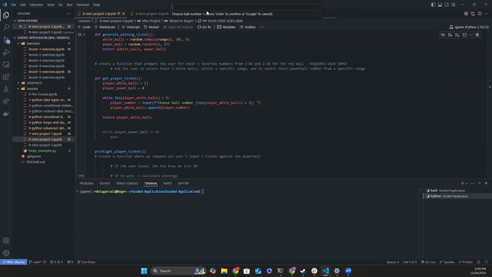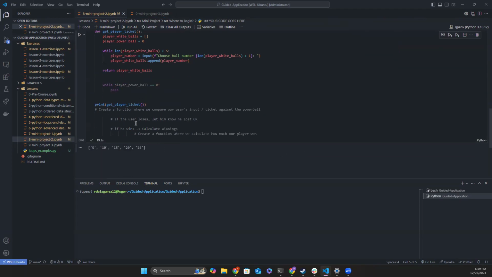Choose ball number 1. I'm going to add 5. And we see here now it went to choose ball number 2. I'm going to add 10. Choose ball number 3. I'm going to add 15. Choose ball number 4. I'm going to add 20. Choose ball number 5. I'm going to add 25. And then it stops. And I'm printing it out here, right? I return the white balls. I printed out the result that's coming back from this function, and I see here that I got 5, 10,